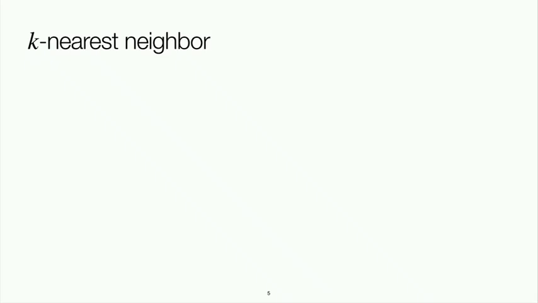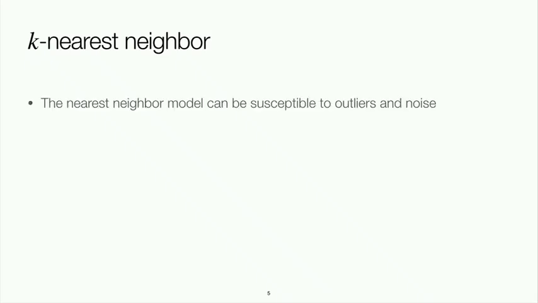There's a very important modification to this general idea, which is very simple at the same time. And it fixes the following problem. The nearest neighbor model that I've just described can be susceptible to things like outliers and noise, right? If you get unlucky and the closest point to you is some kind of weird outlier, or a point with a noisy label, or even one that was mislabeled, these things can all mess up your prediction